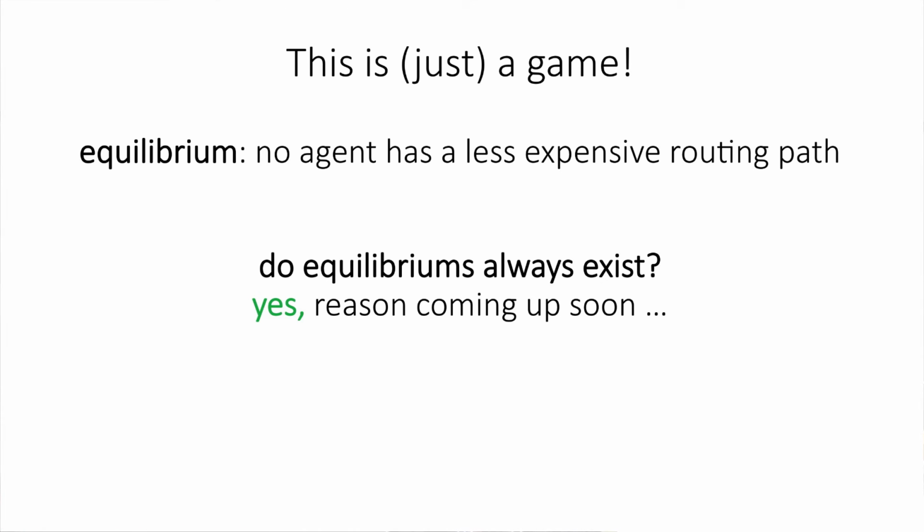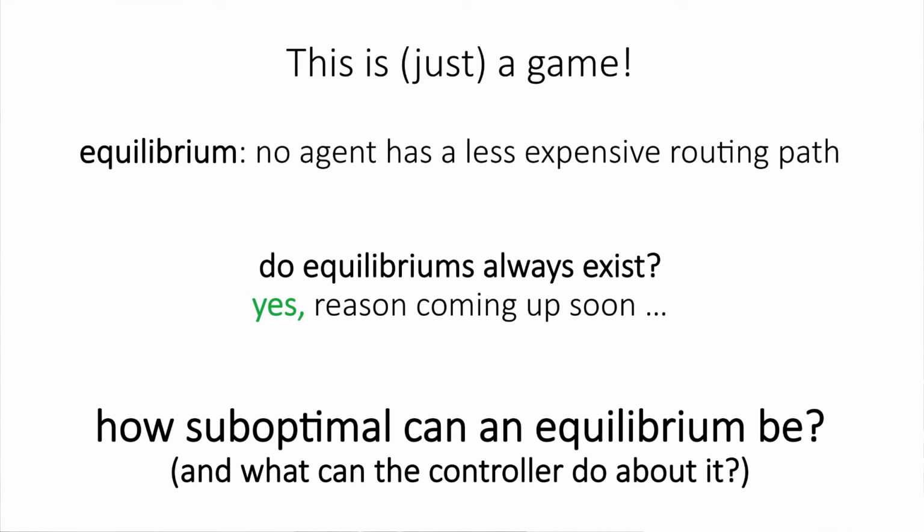Okay. So, we will see this soon, but what this talk will mostly focus on is to look at these equilibrium states and try to understand how suboptimal these states are. Of course, these equilibrium states are being reached with a different goal from the overall optimum. Right. These equilibrium states are ones where the agents are individually optimum in a sort of local sense. So, for all you know, these equilibrium states can be extremely suboptimal from a global standpoint, and that is what we want to understand. How suboptimal can they be,